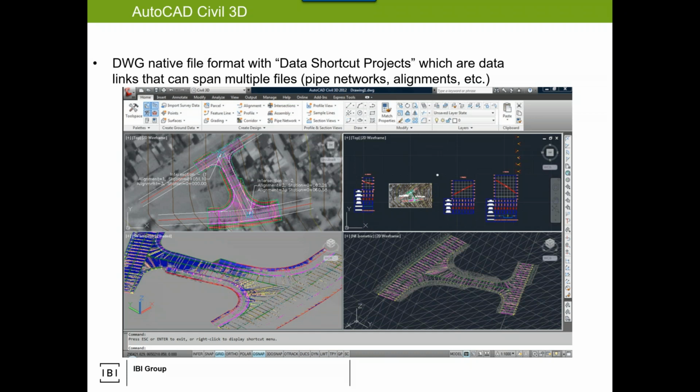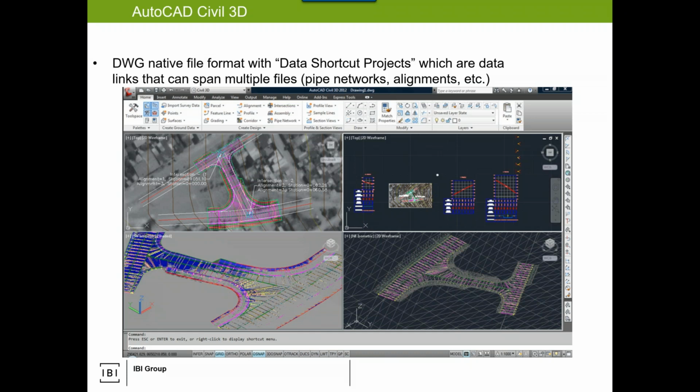And when I demonstrate this internally, I always say, okay, look, I'm going to make a pipe network, and it's called pipe network number 1. Now, if you make a pipe network, well, yours is not going to be called pipe network 1 because I called mine 1. So basically, I register mine with the Data Shortcut project. So when you open up Civil 3D, access the DSP, you'll see pipe network 1 is already made. You can add to my pipe network by adding more components to it, or you can create a new network,